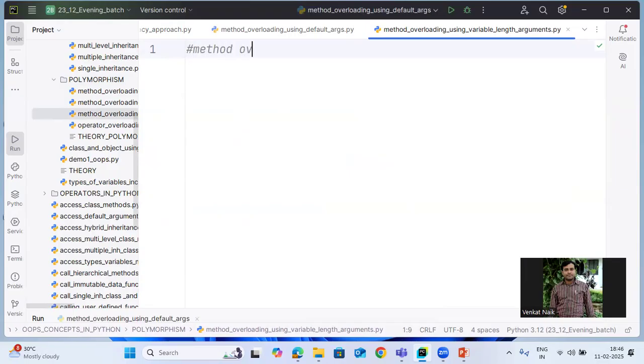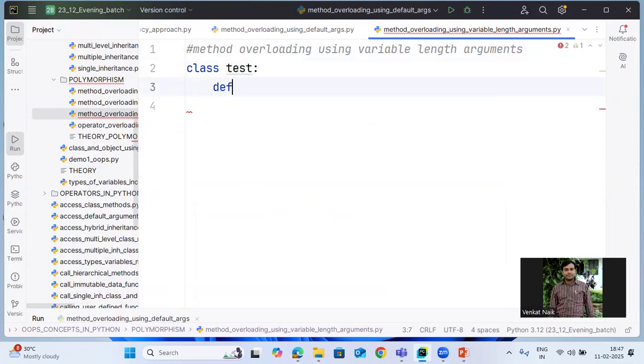Method overloading using variable length arguments. Clear? It's the same class. Test is the method where I'm writing the